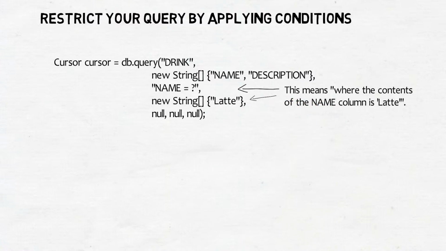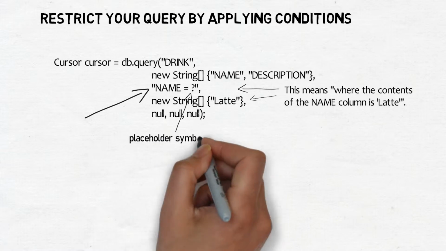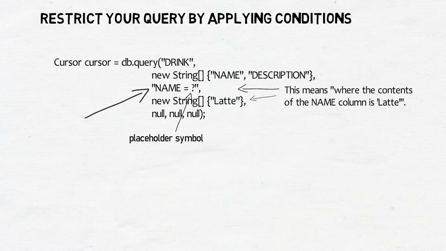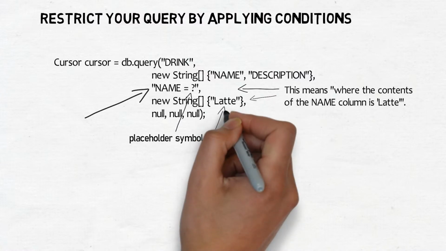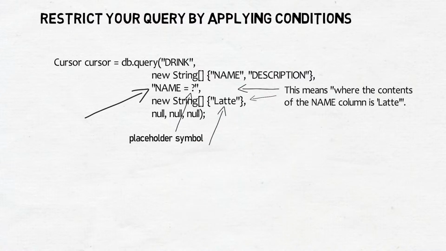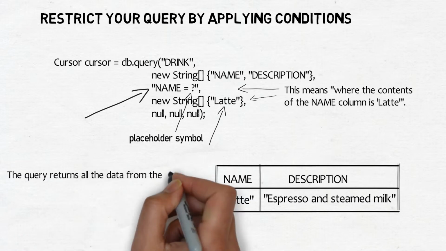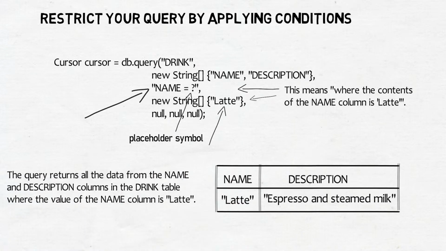The third parameter, name equal to question mark, means the name should equal some value. The question mark symbol is a placeholder symbol for this value. The query uses the contents of the fourth parameter to say what the value should be, in this case latte. The query returns all the data from the name and description columns in the drink table where the value of the